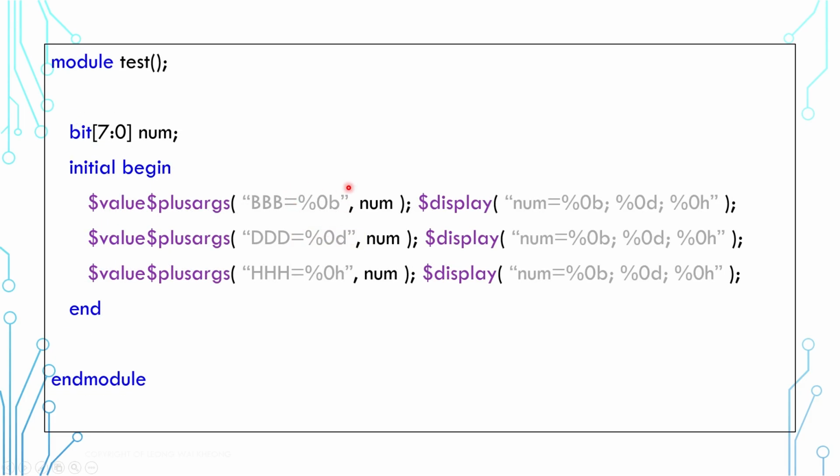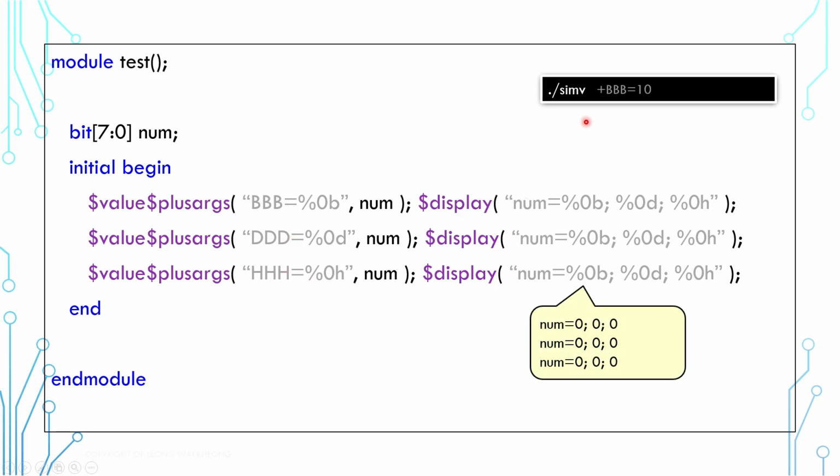However, we need to be careful with the format of the value. In this example, we are using 3 simulation arguments on the same variable. If you are running a simulation without any argument, then none of this will take effect and the variable will remain as 0. If we are using BBB equal 1, 0, then this is taking effect and the value is considered as a binary 1, 0, which is a decimal 2. If we are using DDD equal 1, 0, then the value is considered as a decimal 10, which is a binary 1010 and a hexadecimal A. If we are using HHH equal 10, then this is considered a hexadecimal 10, which is 16 in decimal and